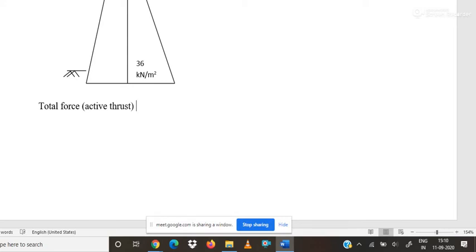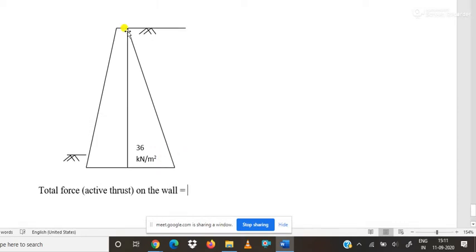Total force on the wall, you may remember this: active thrust, or the term thrust, is actually total force. This total force is equal to, the diagram being of triangular shape, the area is nothing but